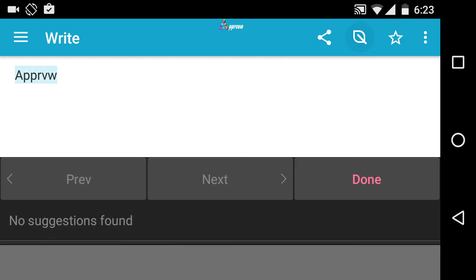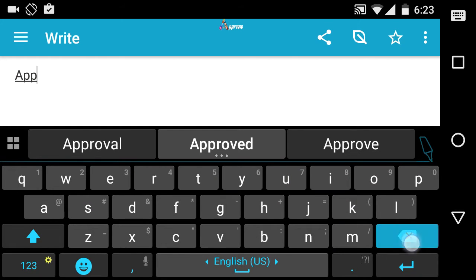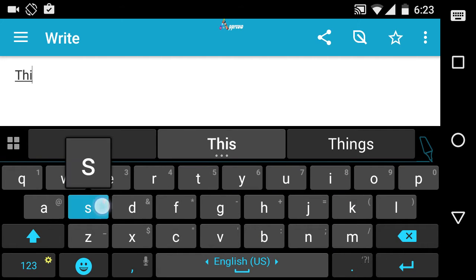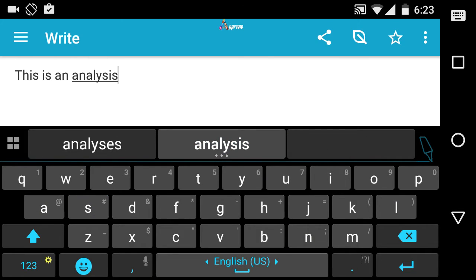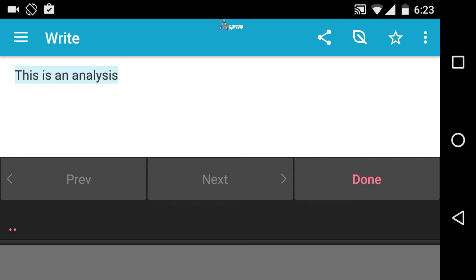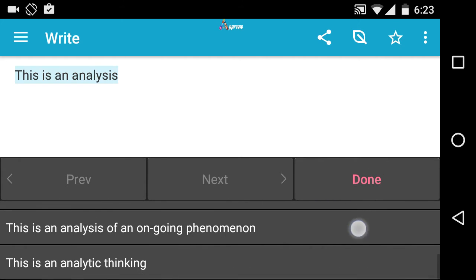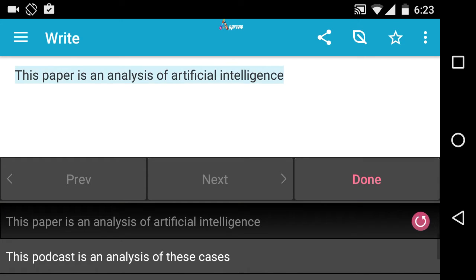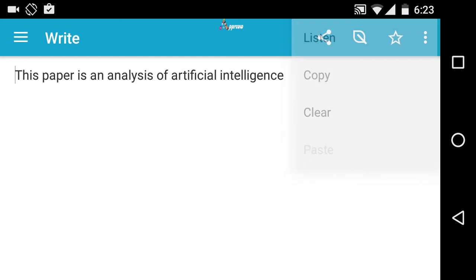We can ask for the rephrasing the text. No suggestions found. Let us try to see. Analysis. Rephrase the text. If we like any rephrasement, we can opt for the changing. We can bookmark the text, and from the options, we can listen, copy or clear.